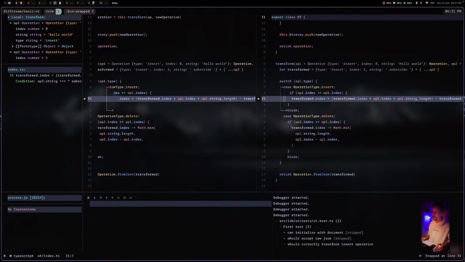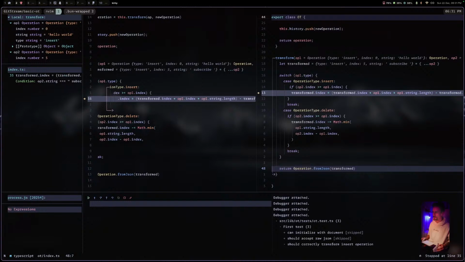I want also to make sure that we are exiting with the correct index. Okay, so